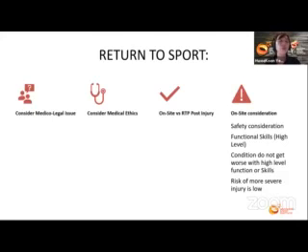if we do not take the return to sports criteria very seriously, are we getting ourselves into some medical legal issue, which means is there a malpractice? We need to also consider medical ethics. Sometimes you are short of time because your athlete is injured three weeks before a major competition, and they just have enough time to resolve their symptoms.